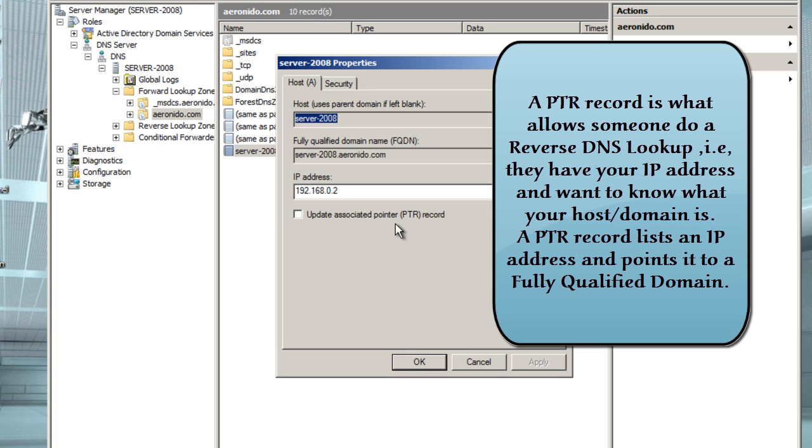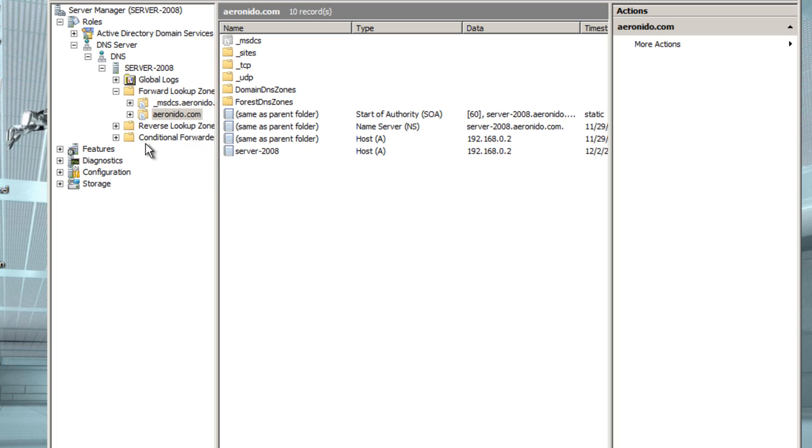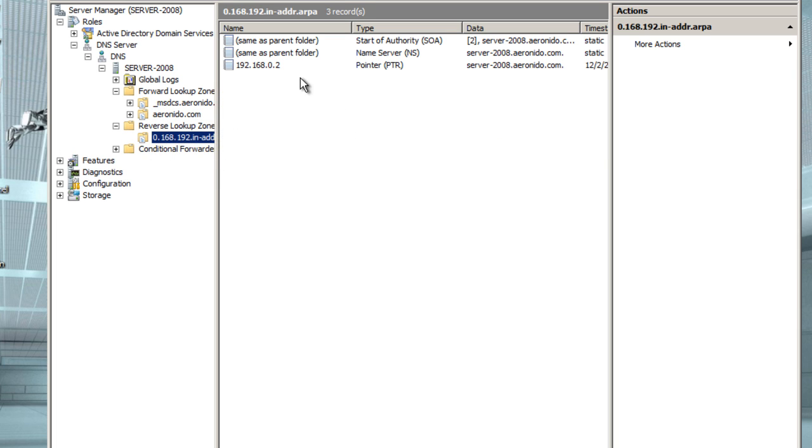And this record lists the IP addresses and points them to your domain name. So we're going to check this and click apply and click OK. Now if you look at the reverse lookup zone again, you'll see that pointer is here. You see the IP address 192.168.0.2 is pointing to the